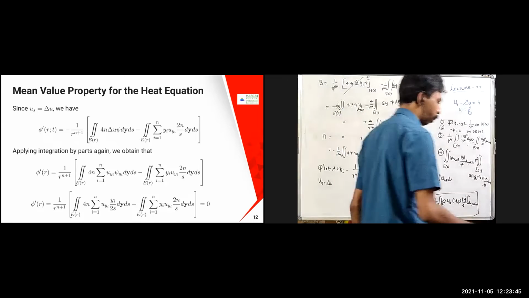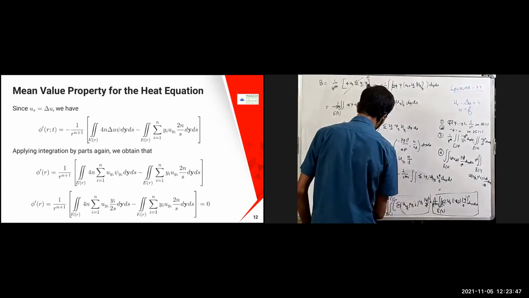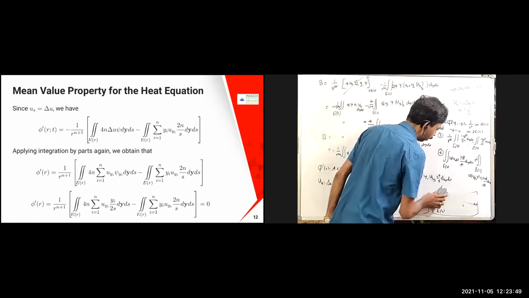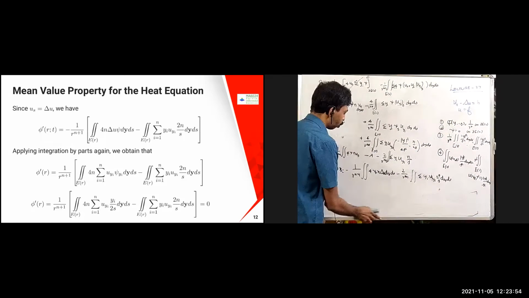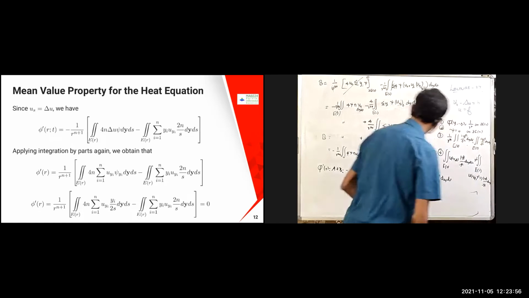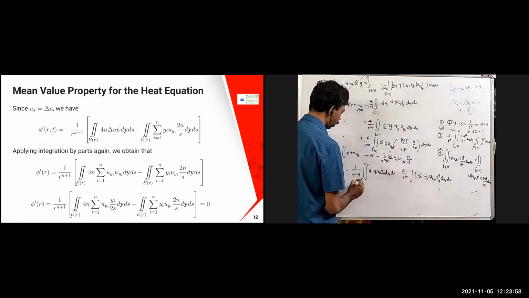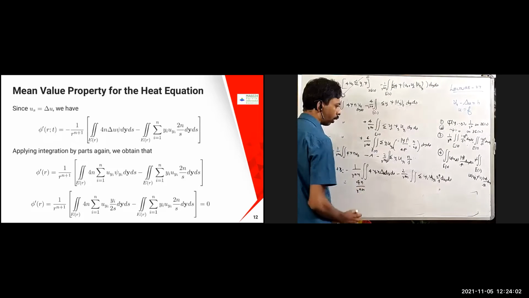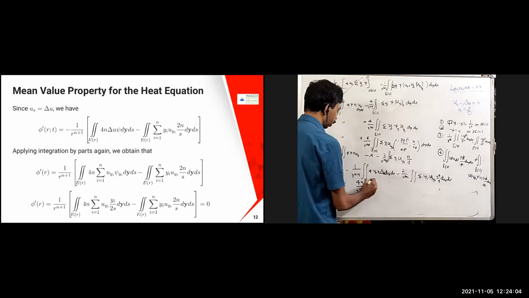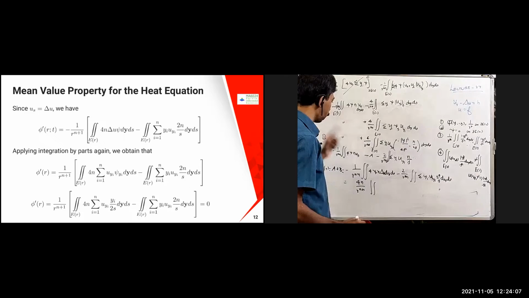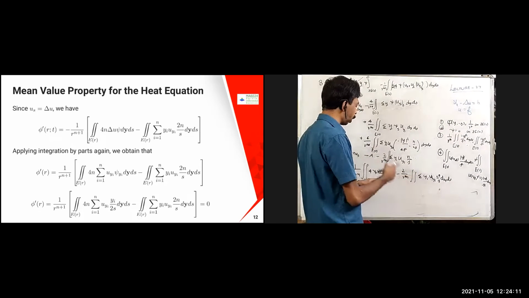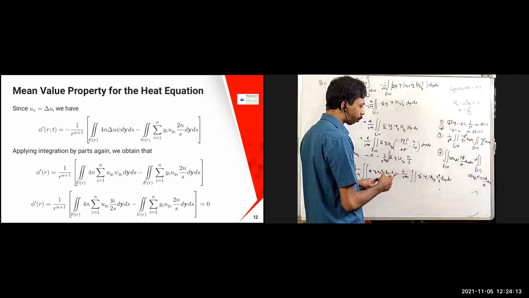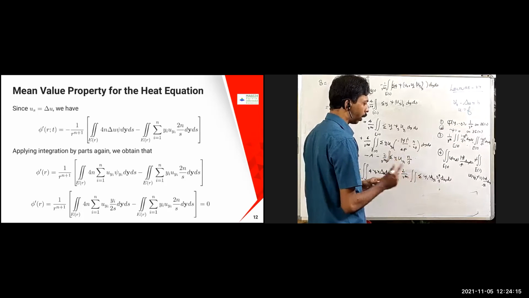If I apply the integration by parts formula, you are going to get once again this one. The 4 I am going to take out, so 4n by R power n plus 1 as it is, and then the integral of ∂u, y_i, dy ds is there. Use the integration by parts formula once again; two terms are going to come. Let us see that.